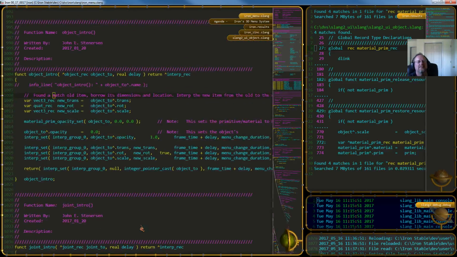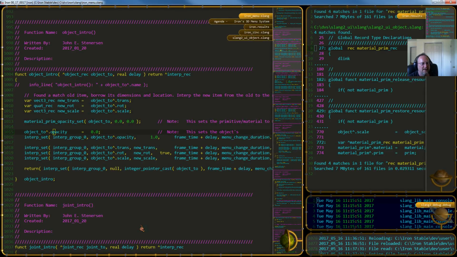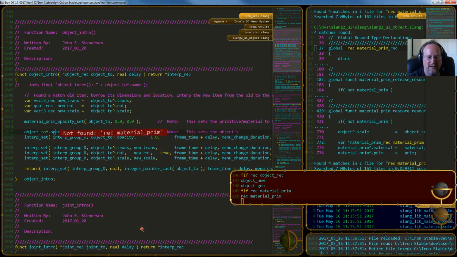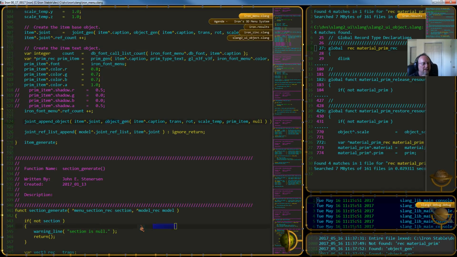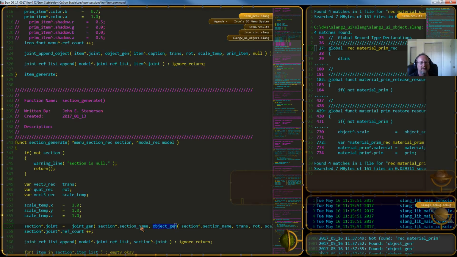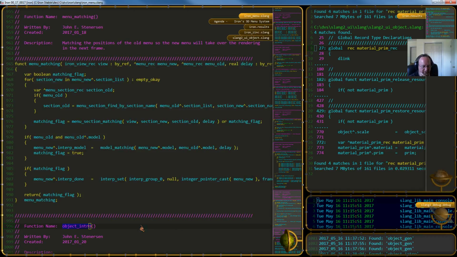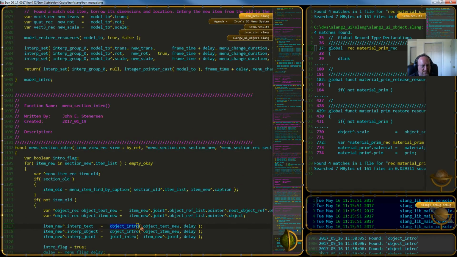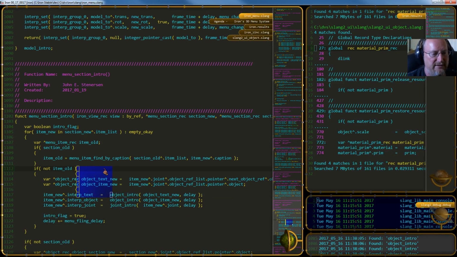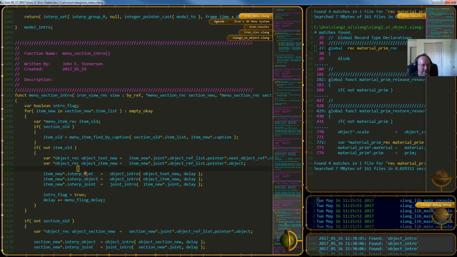Okay, let's see here. So what's happening here is when a new menu item is being introduced, the opacity starts at 0 and it's getting set. And this routine is being called when, oh, wrong thing. Object intro, that's what I'm looking for. This one's being called when there is no old item. But if there is a new item, there's nothing that is setting the opacity away from -1, which we just saw in the primitive. And that's what's missing